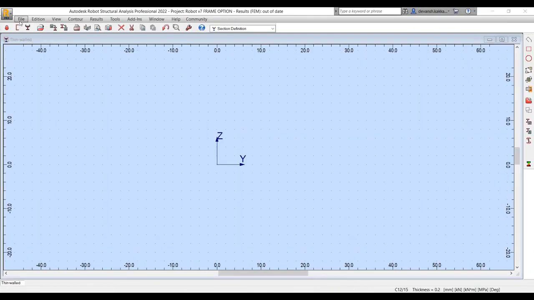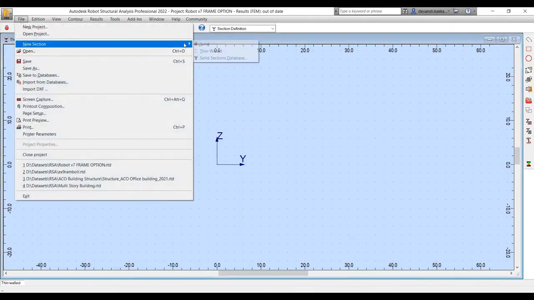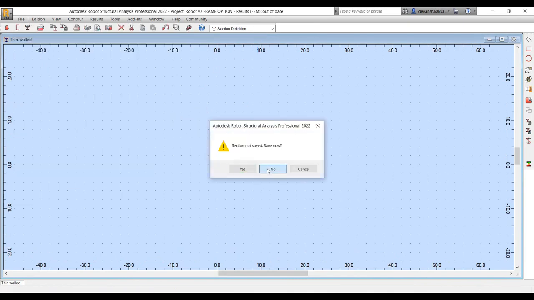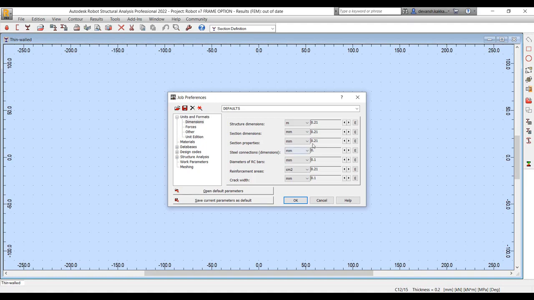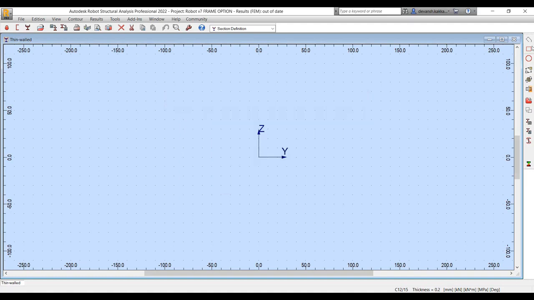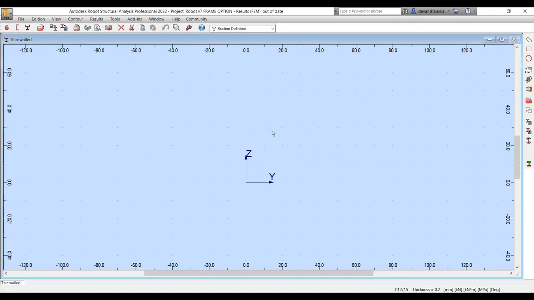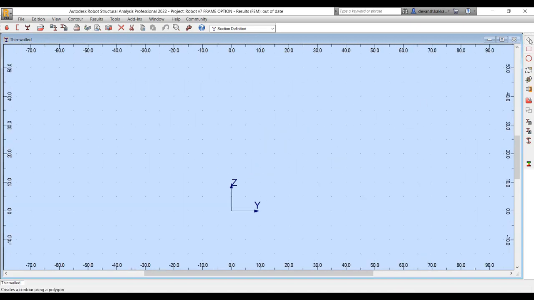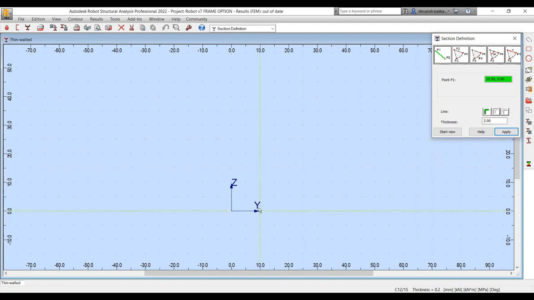Now this was for standard sections. For non-standard sections, there is also a tool which allows you to create your own section types. So if I am using a specific type which is not available out of the box in one of the catalogs, I can create that profile myself. So there are different tools available in the section definition tool to create sections. So you can use polylines, circles, arcs, different drawing utilities to create the section.